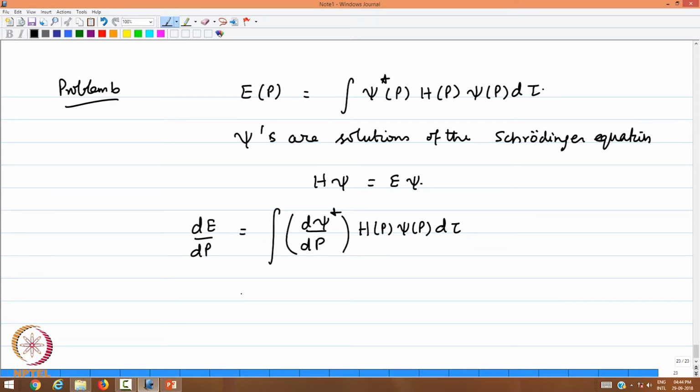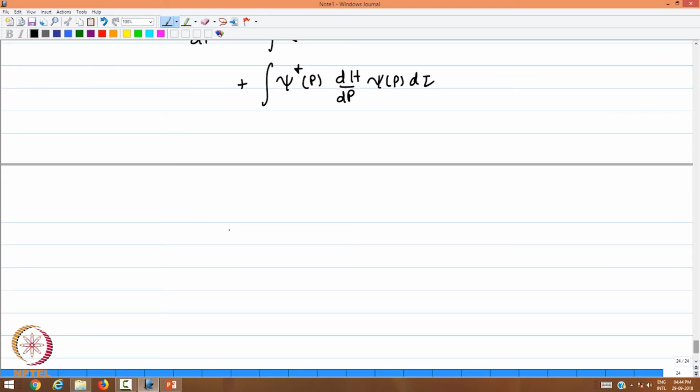Then there are two other terms which are derivatives which are functions of p, and therefore you have psi star of p dH by dP of psi of p d tau, and the last one plus the integral psi star of p H of p d psi of p by dP d tau. This is the volume space integral. Okay. P is some parameter on which the Hamiltonian depends on, and therefore the expectation value also depends on that